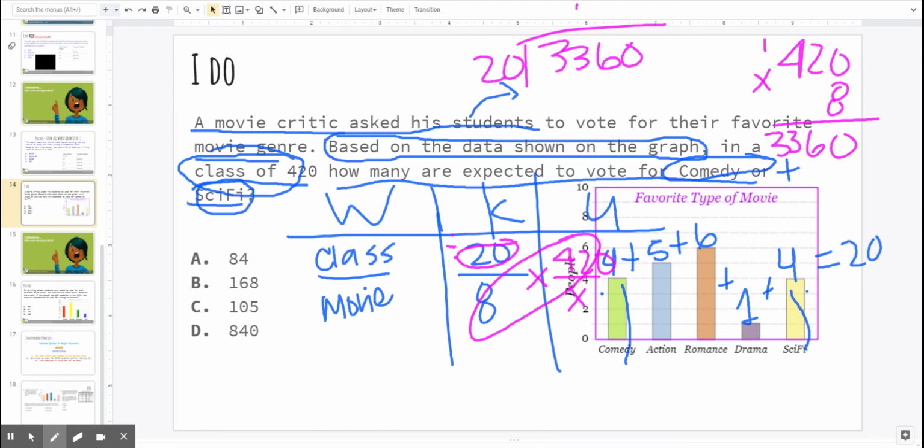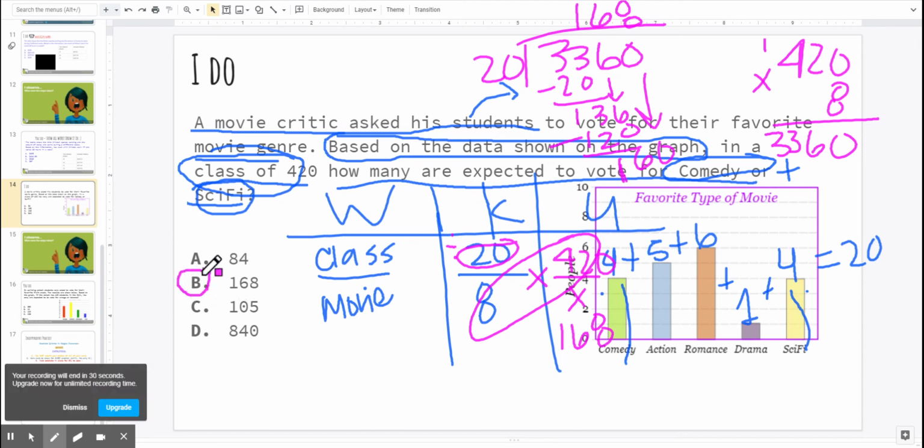20 can go into 33 one time. That's 20. 20 can go into 136 about 6 times because that will be 120. One, then bring it down. And then 20 can go into 168 times. So right here, I have 168. So my answer is